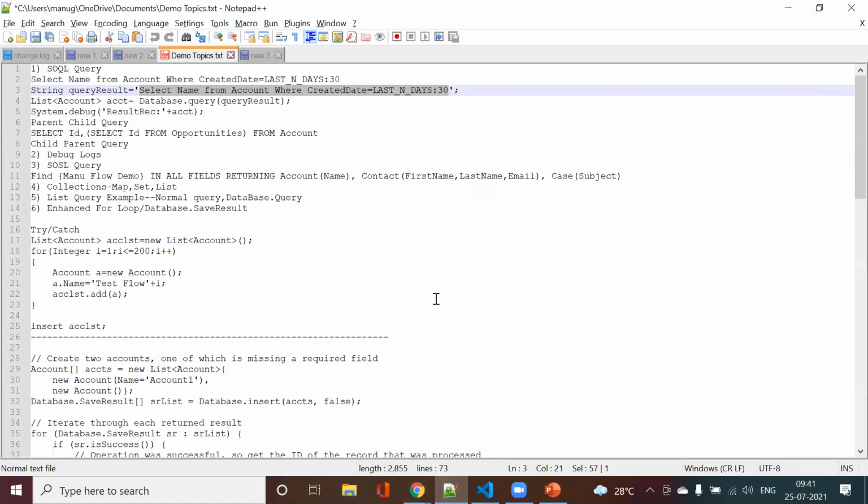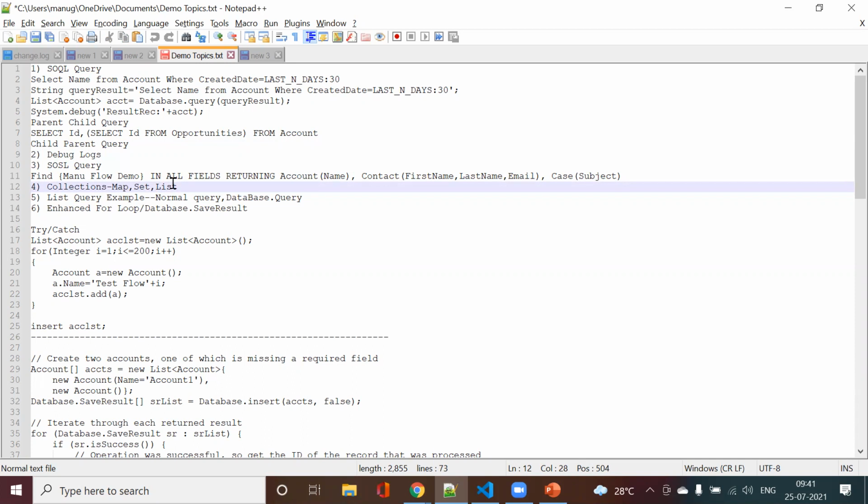So now, SOQL query we covered, debug logs we covered, SOSL we covered. Okay, now let us cover collections in Salesforce. What I mean by collections here is that in Salesforce I need to bulkify my data. Generally that data will not come as a single record. It may come as a single record, or it may come as multiple records. So how am I going to store those multiple records?